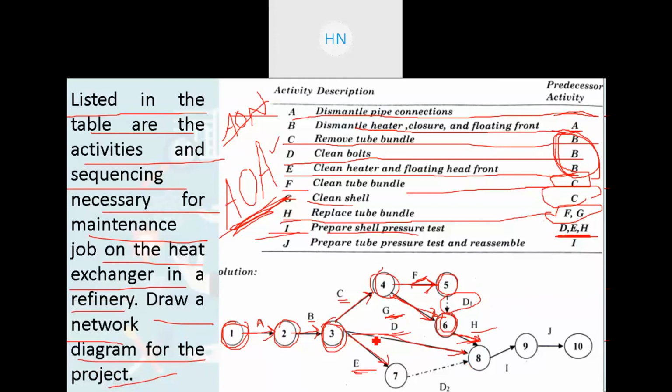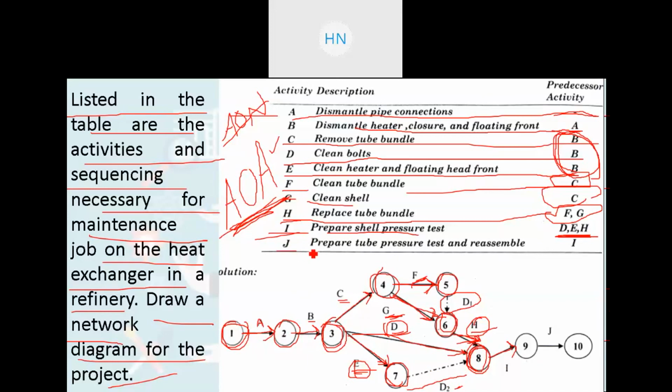So for that you are adding one more dummy activity from E, from event number 7. This is your dummy activity, D2, that will be connecting to event number 8. So here three activities are connecting, D, E and H. Those are connected on event number 8 and from that we have the activity I coming out, right? So here your condition is fulfilled. Keep in mind that this dummy activity has no worth, it is not consuming any time. It is just for arranging the logical sequence of the network, right?